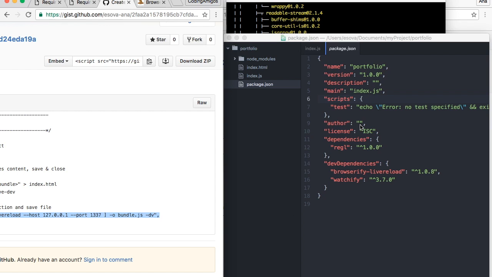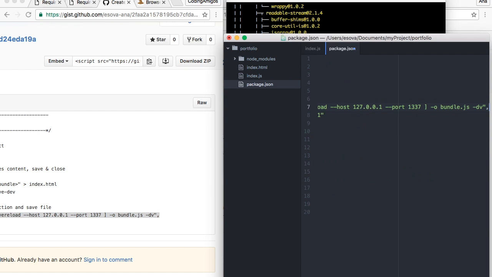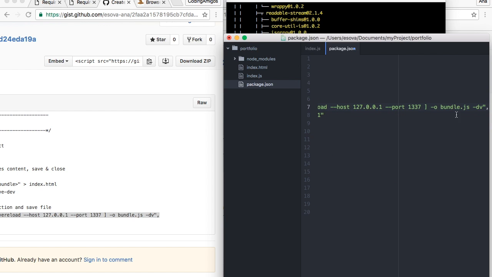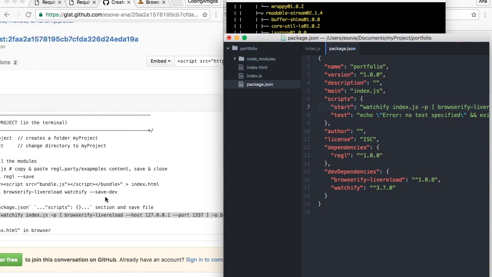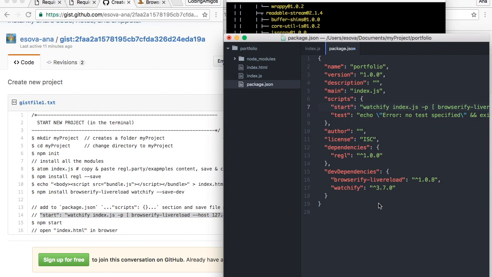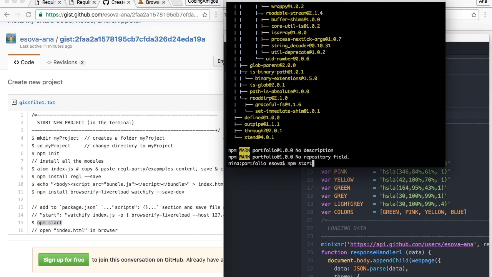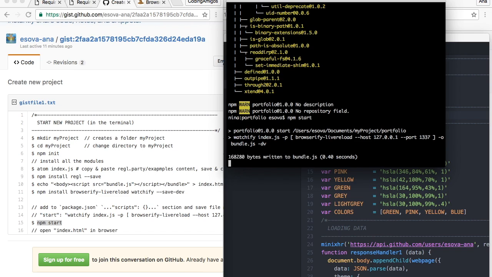Okay, so let's add this. Okay, don't forget the comma at the end. It is also here. So now we save everything. We save this file. And now in our terminal, we call a final command npm start. And this enables us to see our project